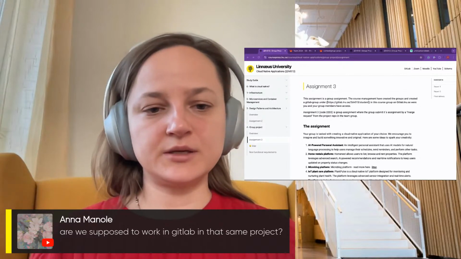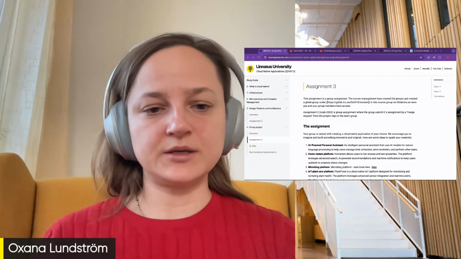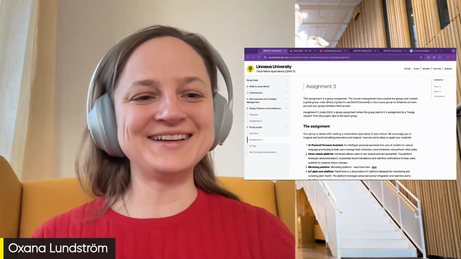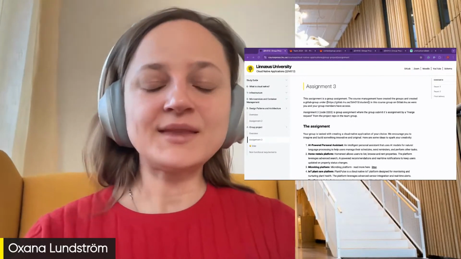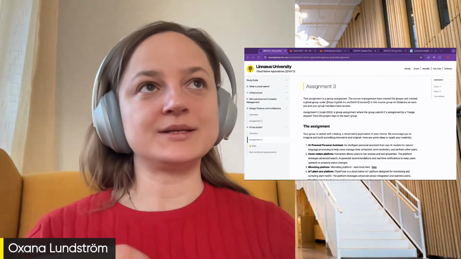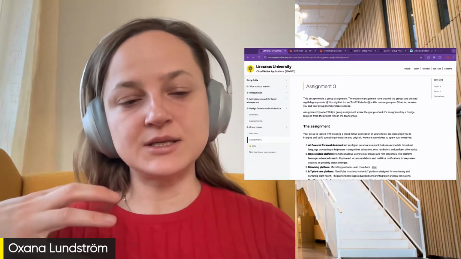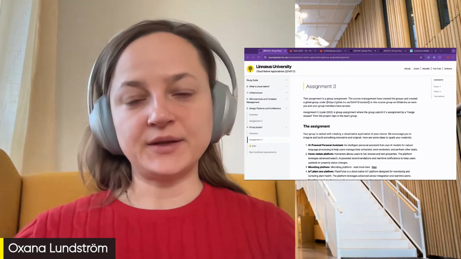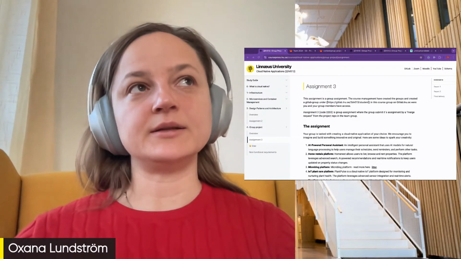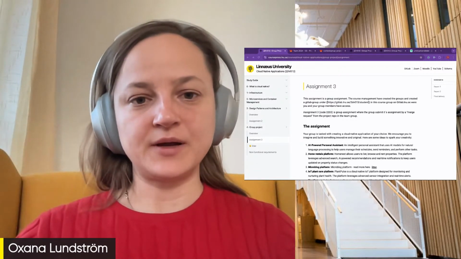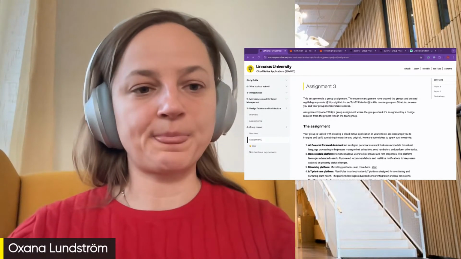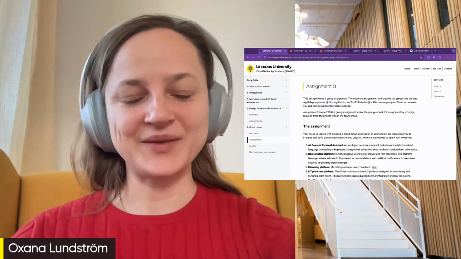So if you see now, the assignment 2 has been thoroughly designed to prepare you for assignment 3. So all the same routines, but now you work together and you build something slightly bigger, something that scales more automatically and in a more complex manner. Otherwise, very much similar workflow as for assignment 2.